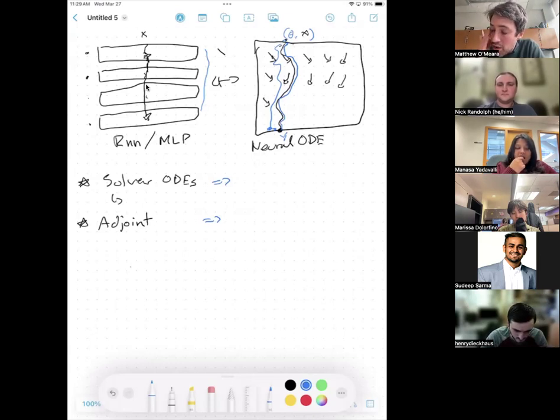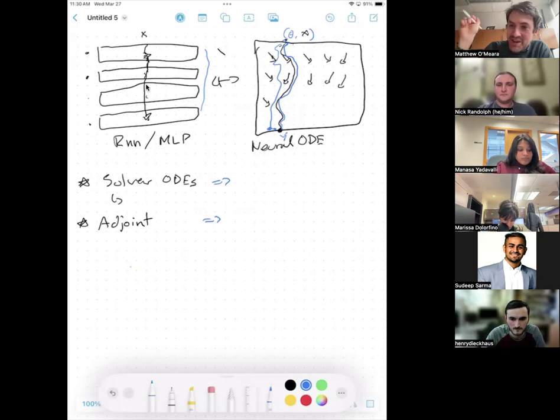But in practice, what was problematic about this is that every time you wanted to update based on even a mini batch, you had to run a whole simulation to get to the output. And what that meant is that it was computationally expensive to run a mini batch through. You had to run a simulation and then run it backwards. And so these two steps, running back and forth through the network, meant that it was